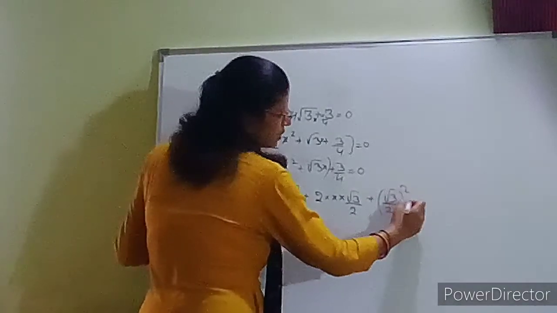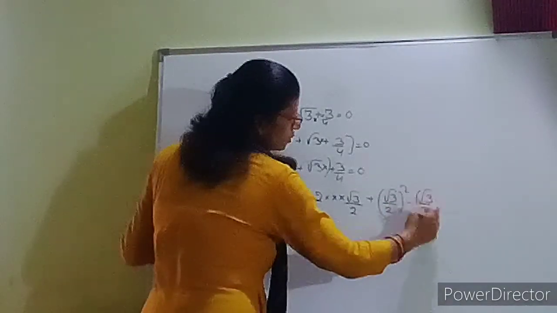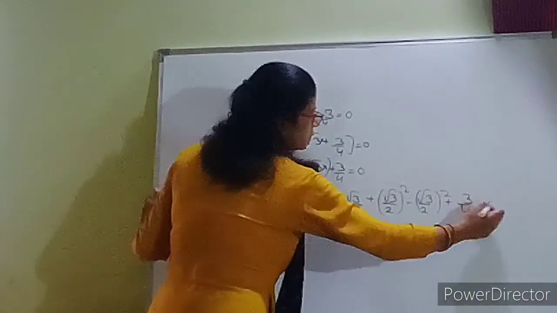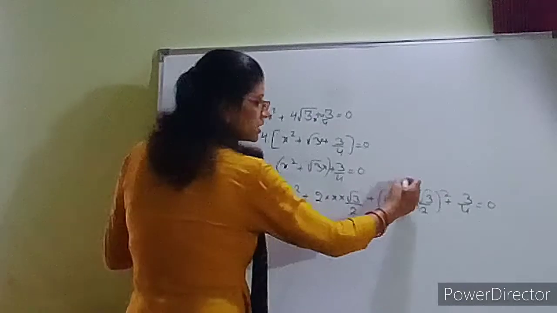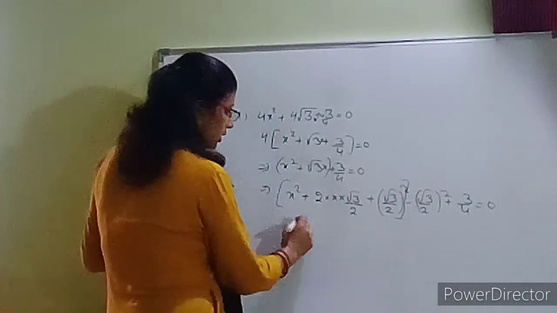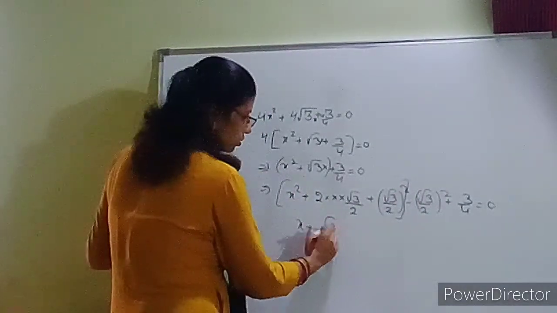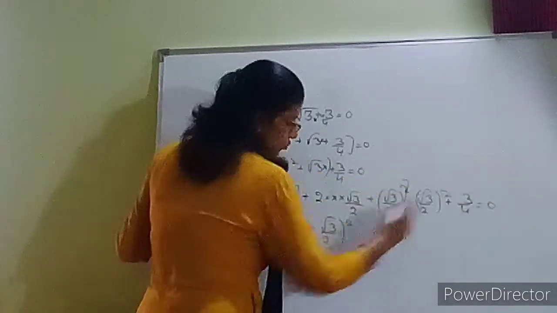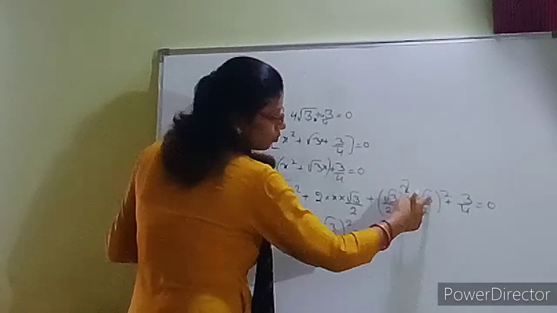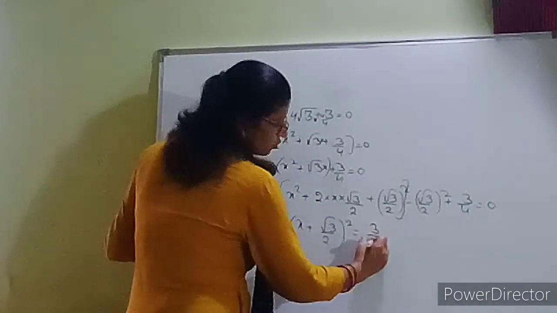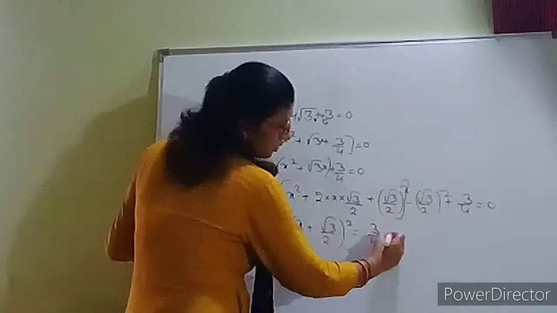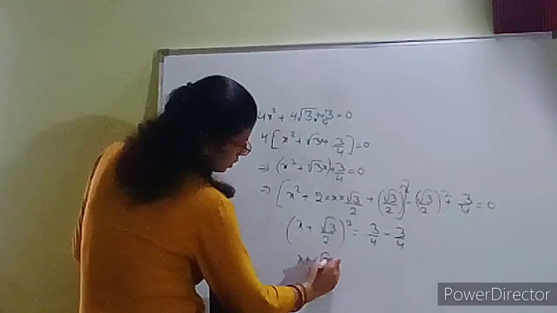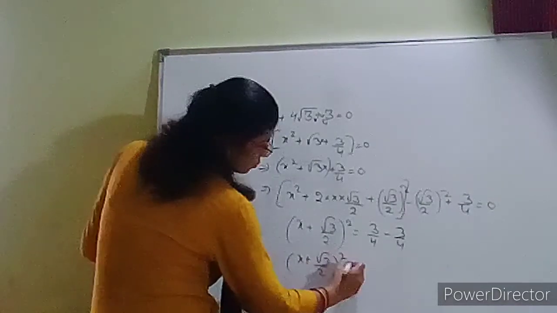So same thing, you will subtract (root 3 upon 2) whole square, and plus 3 upon 4 was already here, so that is 0. So these 3 we will take. So this will become (a plus root 3 upon 2) whole square, a plus b whole square. These two terms we have to send this side. Root 3 upon 2, root 3 square is 3, 2 twos are 4, and sending this side, minus 3 upon 4. This will become 0. So (x plus root 3 upon 2) whole square equals 0.